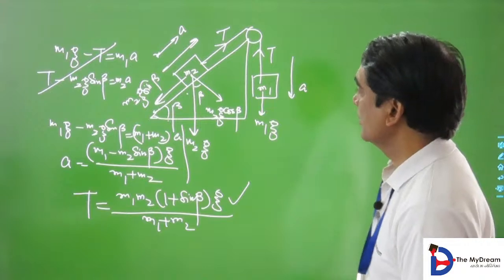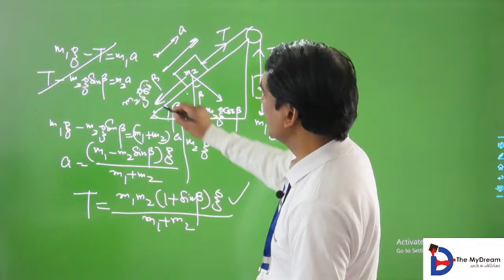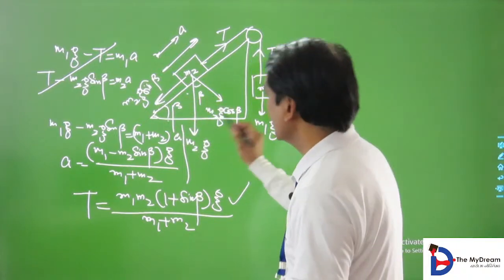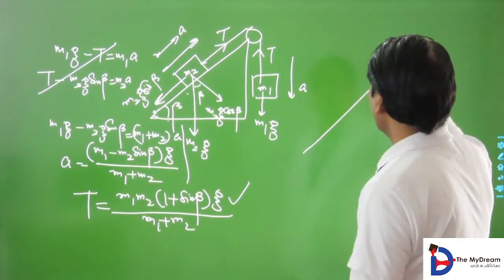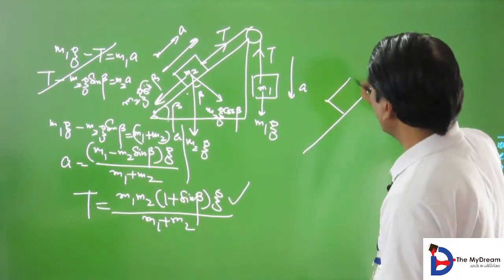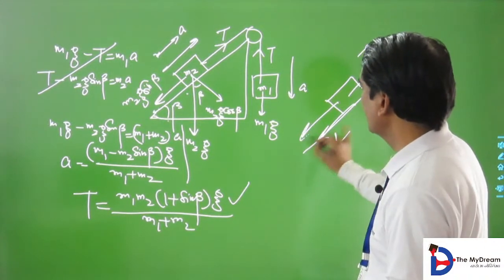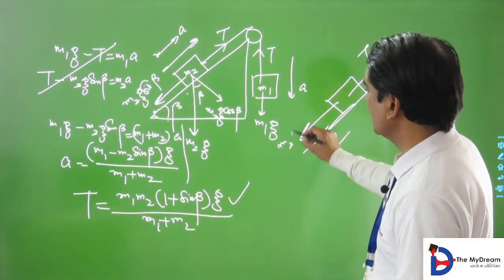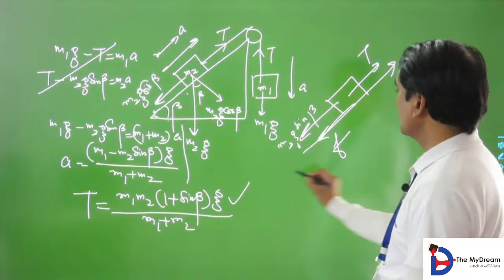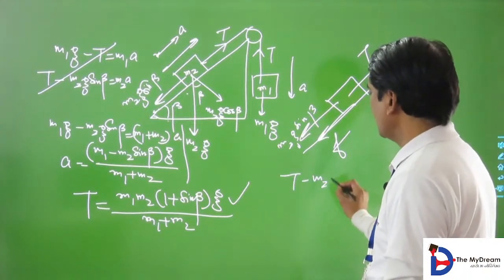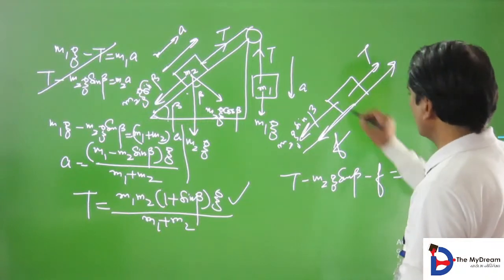ठीक है, अगर मैं फोर्स ऑफ फ्रिक्शन की बात करता हूँ यहाँ पर तो T माइनस M2G साइन थीटा माइनस छोटा f, वो भी लिख देता हूँ. चलो वो लिख के दिखा दूँ एक बार आपको. If you are considering the friction over here, this is small f, this is M2G sin beta. So T minus M2G sin beta minus f is equal to M2A,